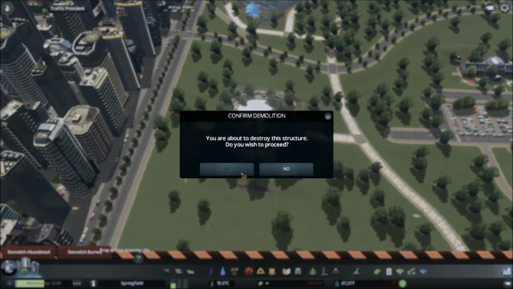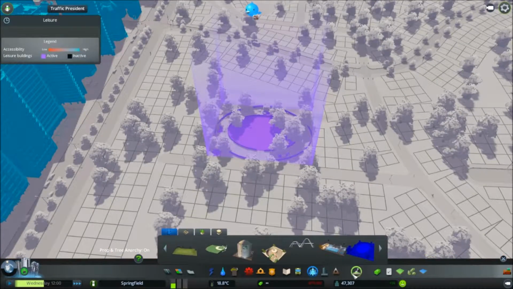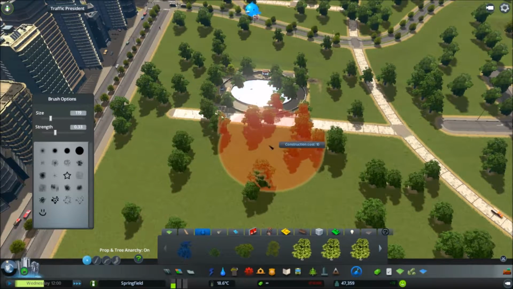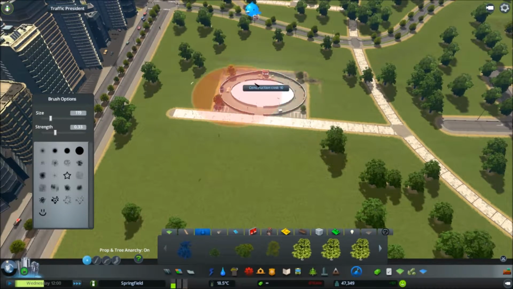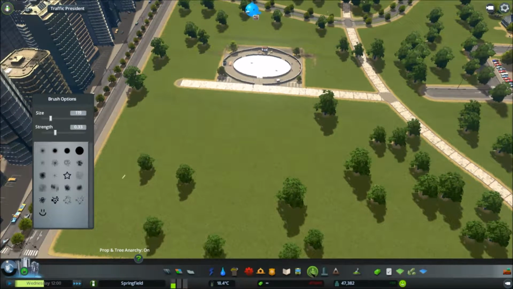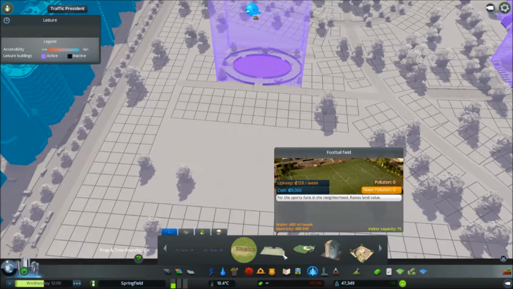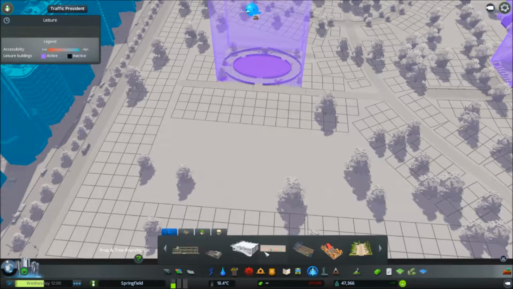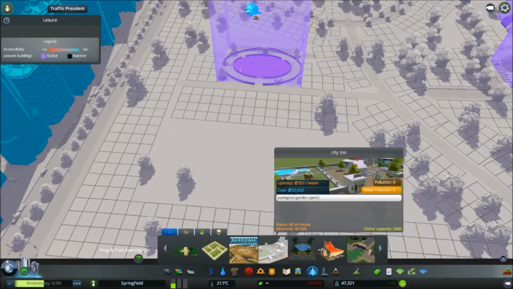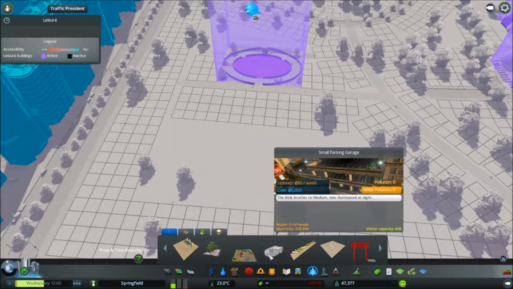There's too many trees with it. I know it's meant to be a park, but I don't want it to be too many. I quite like a bit of an open space. I might just put a bog standard, or maybe a... Oh no, that might look out of place. It's kind of an upper scale park, isn't it? You don't be putting a football stadium or anything in. Airport boarding. Okay. What about...